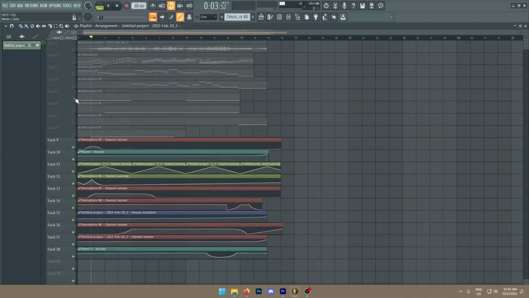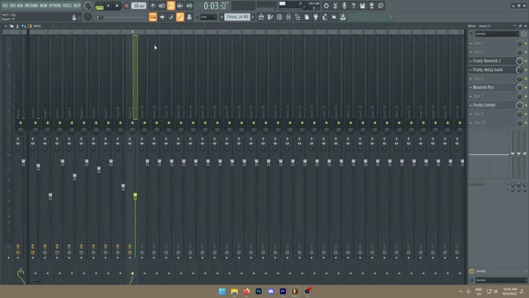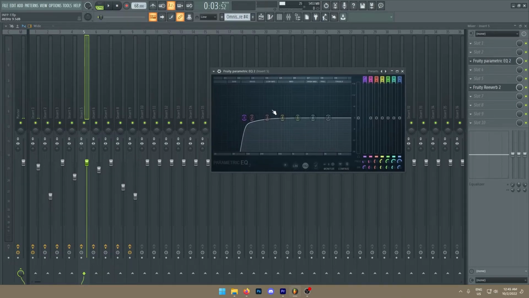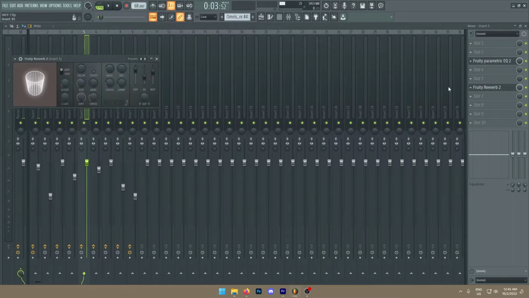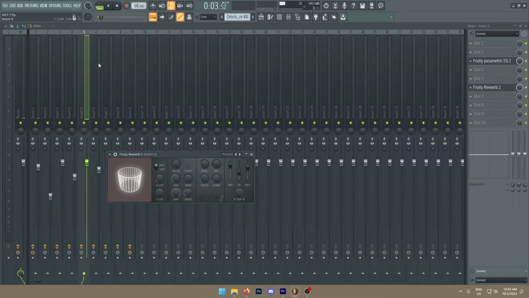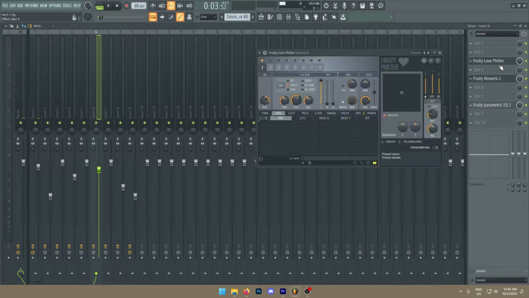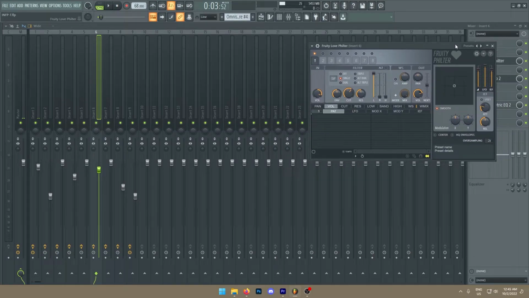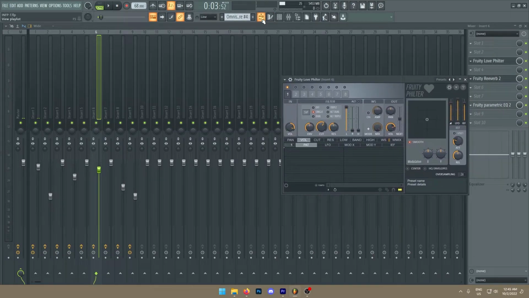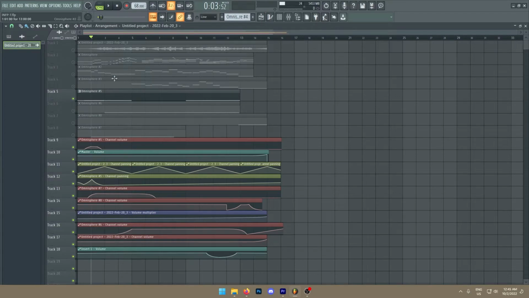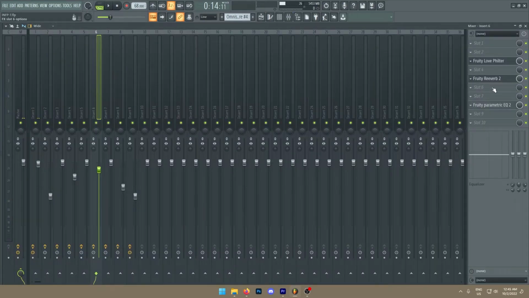So now going on with the sound effects. For most of the sound effects, I just added a reverb or an EQ. For the EQ, I just cut off the low end, and reverb, just reverb. For some of the sound effects, I actually added this Love Filter plugin, and all it does is muffle it. So to give an example, I'm gonna play you a section of this sound effect with the Love Filter